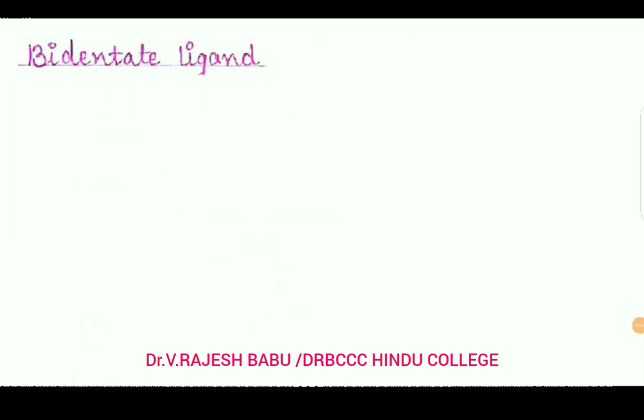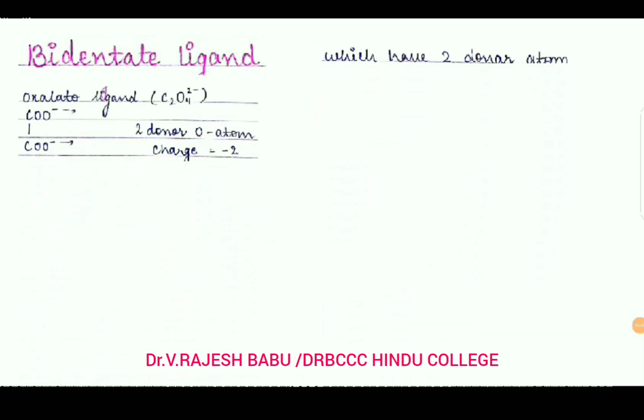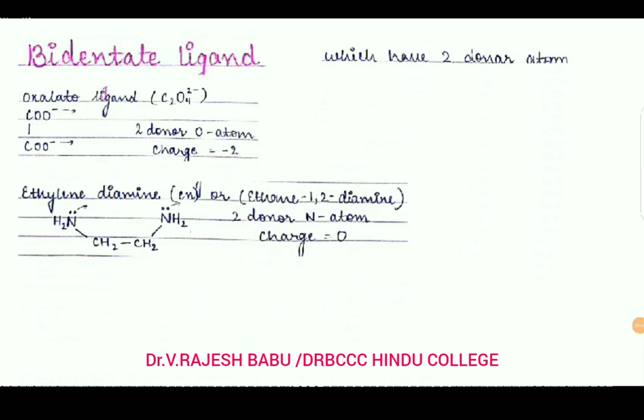The second one is the bidentate ligand, which has two donor atoms. For example, the oxalato ligand is called a symmetric bidentate ligand because it has two donor oxygen atoms, and its charge is -2. One more example is ethylenediamine. Here two donor nitrogen atoms are there, the charge